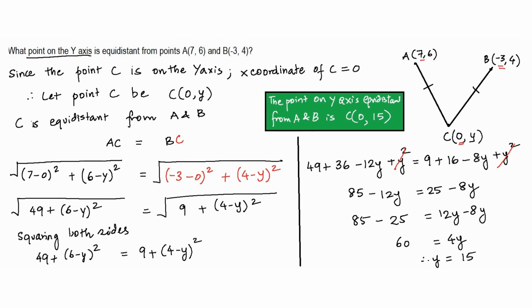Again, some key ideas that I used in this particular problem were, because the point lies on the y-axis, I was able to write it as C of 0 comma y, and then I used the concept of equidistant points where AC was equal to BC, because C is equidistant from these 2 points. So that is why AC was equal to BC, and then using the distance formula, I got the length of AC and the length of BC, and squaring both sides I was able to get the value of y. So pausing for a few seconds before I continue.